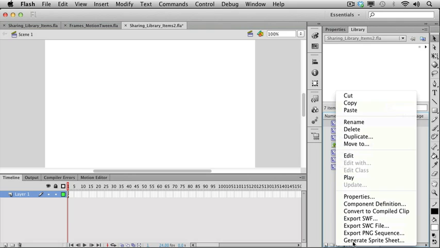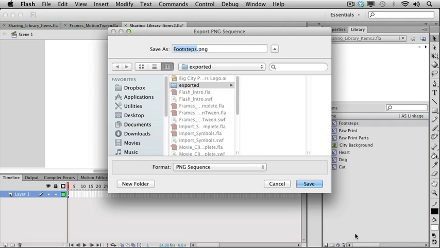But if you scroll to the bottom of this list, you're going to see a variety of other options. Some of these are new for CS6. One of those new features is right here, and it's called Export PNG Sequence. If we click this, Flash is going to ask us where we would like to put our PNG